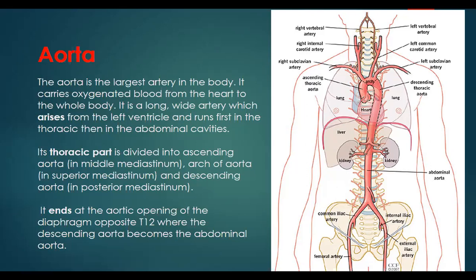So VOA, so it is T8, T10, T12. The inferior vena cava pierces the diaphragm at T8 level, the esophagus at T10 level, and the aorta will pierce the diaphragm at the T12 level. So it can be remembered as such. VOA, Voice of America. V stands for inferior vena cava, O for esophagus, and A for the aorta. So aorta pierces the diaphragm at the level of T12, and inferior vena cava pierces the diaphragm at the level of T8.